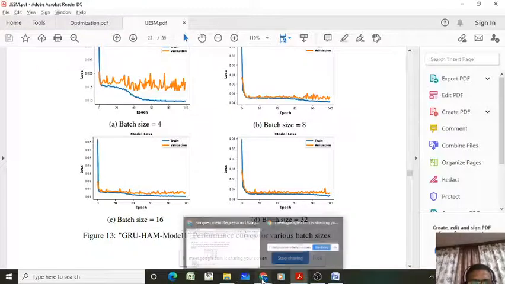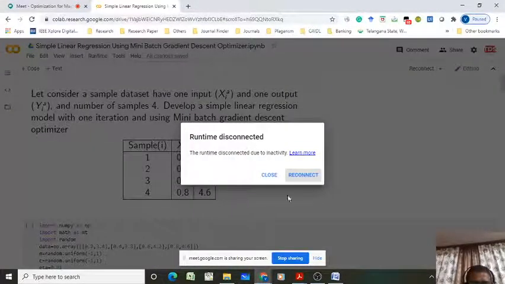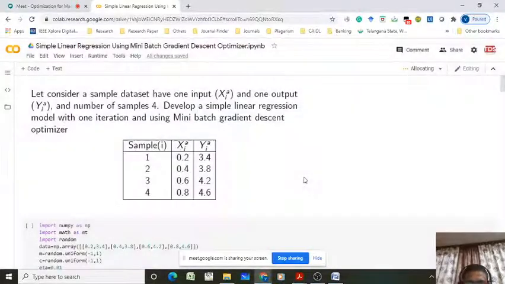Now we will move to our lab session. Actually, I opened this Google Colab almost one hour before, so it has restarted. We have to reconnect it again. So suppose you have a large data set and it takes more time, then don't opt for Google Colab, because it will be disconnected after some time.